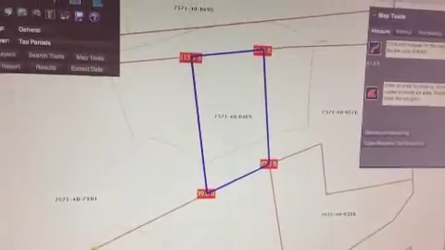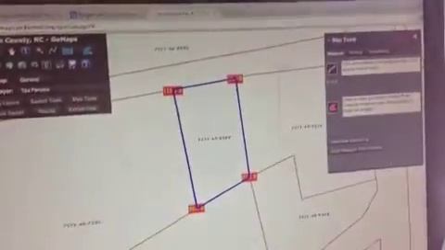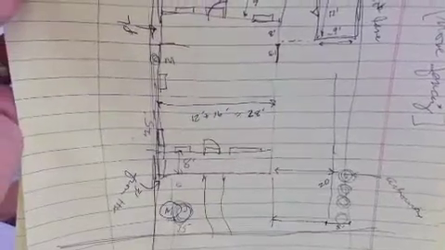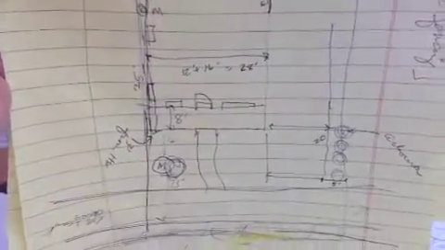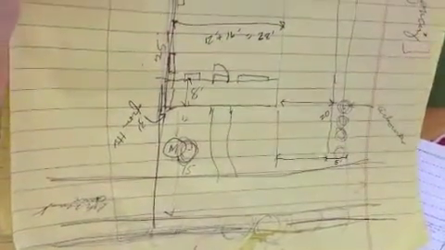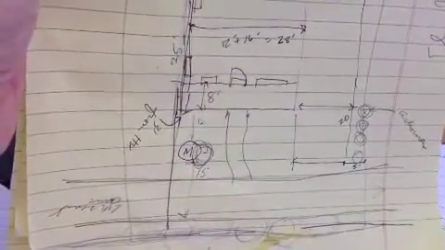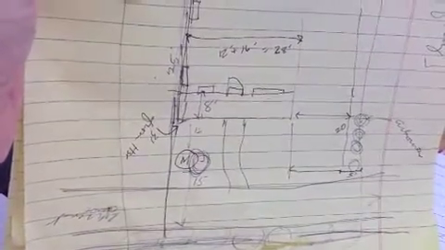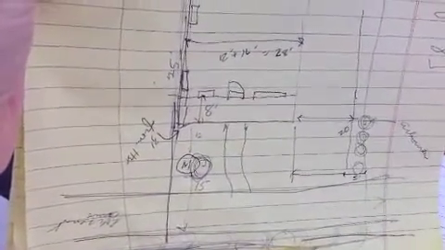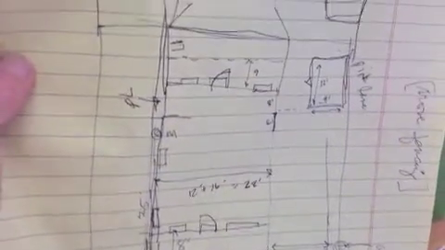And this is where you need to do some field mapping or actually get a survey done, and we'll continue on now with that. Because we didn't have a survey when we bought the property, we just went ahead and figured out from the pins that were in the ground where the property line was and did some rough dimensions, including the drive. It's on a gravel road. You can see 15 feet and 12 feet from a big maple to the house. It has an 8-foot porch, has a 3-foot offset from the property line, and then we just basically did a little rectangle on a piece of paper